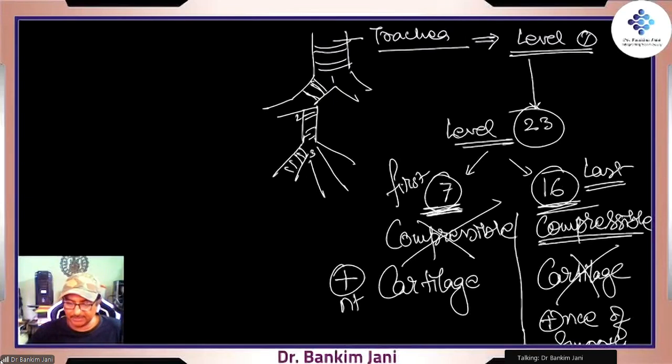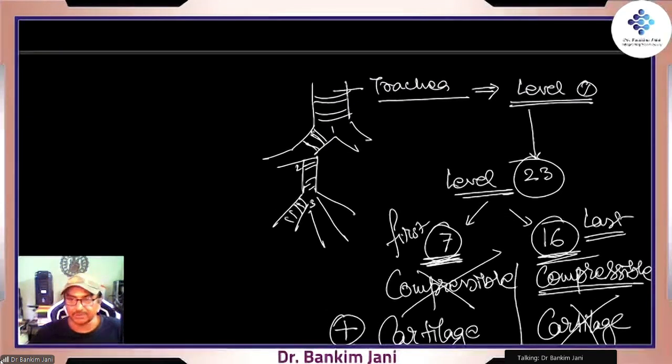These are called the generations. There are 23 generations of this division. The whole journey starts from the trachea. That is level 0, and then it keeps on dividing. So how does it really divide? It divides into right and left primary bronchus. Those primary bronchi divide into secondary bronchi. They divide into tertiary bronchi, and they keep on dividing, right, all the way.